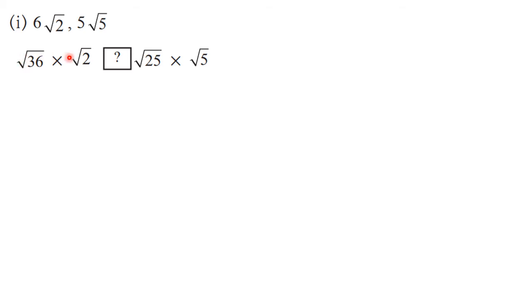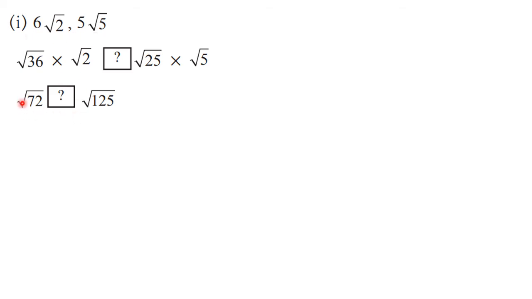Now when the order of the surd is the same, at that time we can multiply the radicands. Okay, here also we can multiply. So we can write it like this. 36 into 2 we can write as 72. Okay, so the root sign is there. So it is root 72. Similarly, root 25 into root 5 is root 125. 25 fives are 125. Now see, they are converted to pure form. Okay, it is not a mixed one, or it is not in the simplest form.